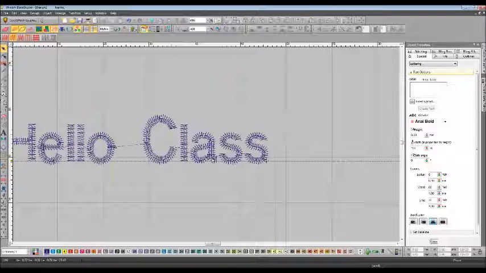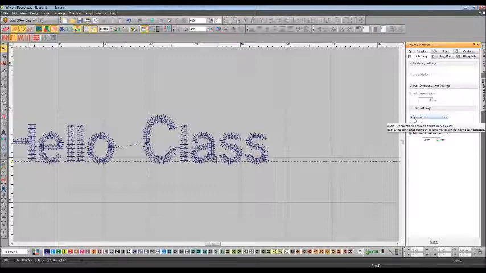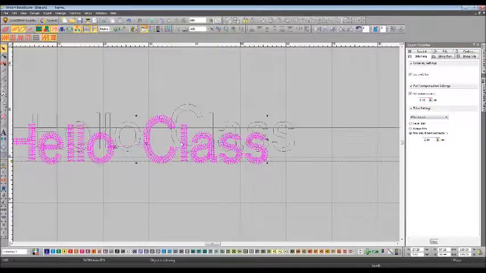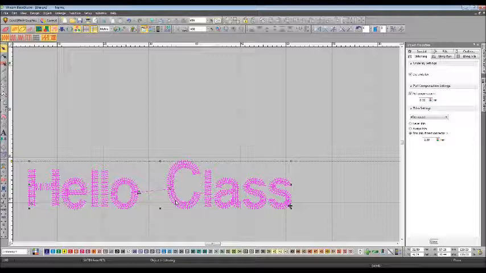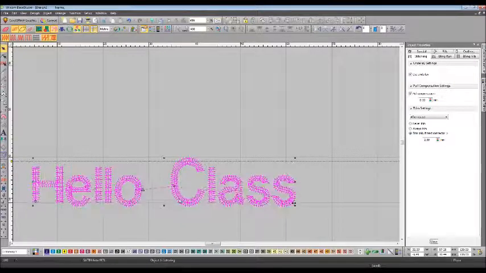Now, before I forget, let's talk a little bit about trims. So under stitching, trim settings. Now, lettering, this trips up a lot of people, even people who have been using the software for many years. And don't tell them I said that. But